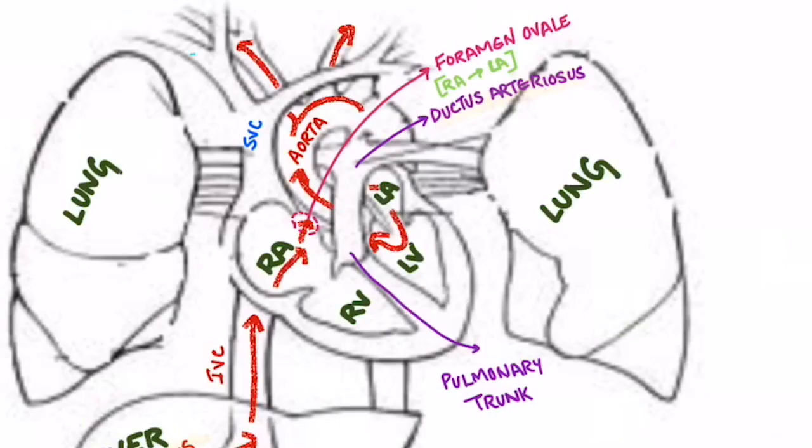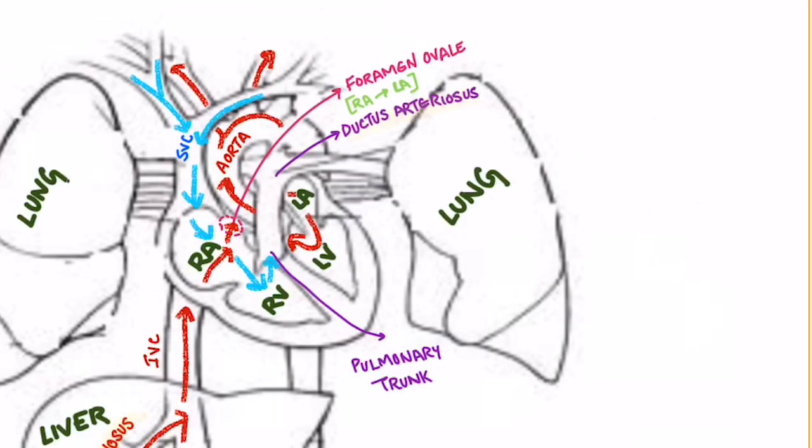As you can see, a small amount of blood remains in the right atrium and mixes with desaturated blood from the head and arms by the superior vena cava. This is then directed to the right ventricle. Blood from the superior vena cava enters the right atrium and from there enters the right ventricle, and then desaturated blood from the superior vena cava in the right ventricle flows into the pulmonary trunk.